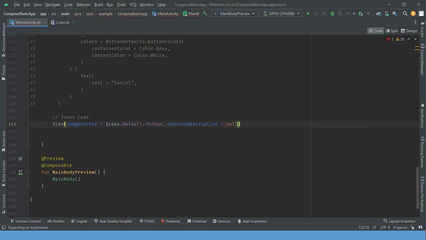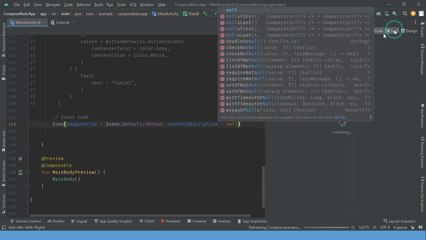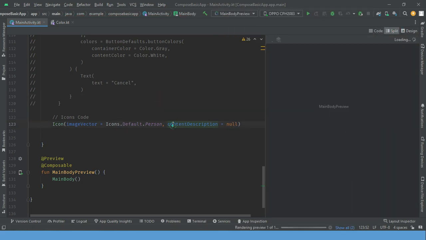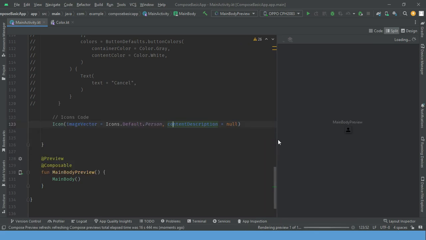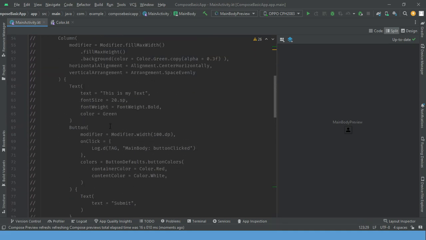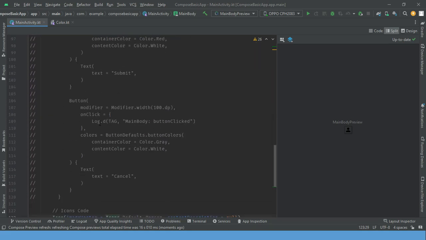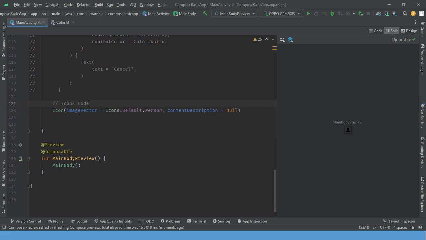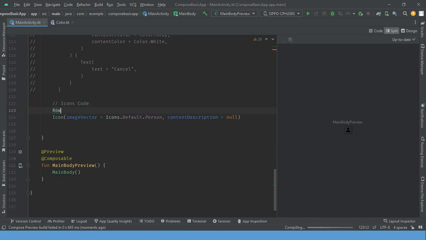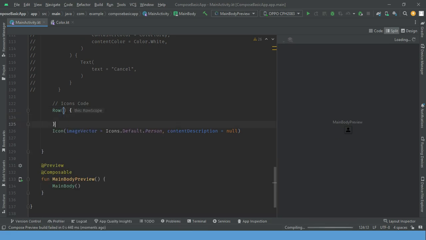And set the content description to null. Let's see the preview here. Okay, so our person icon is shown here. So let's wrap this into a row and put some more icons in it. I'm making the background color